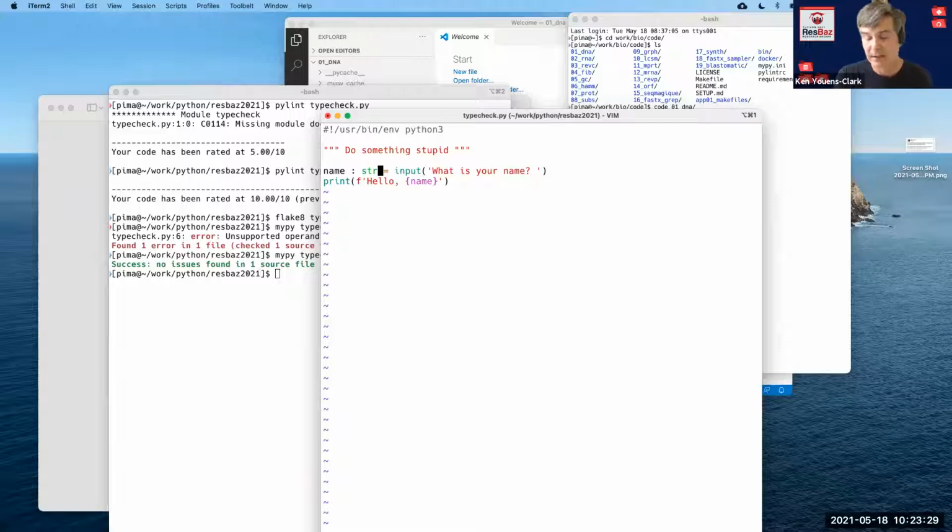And a lot of times you need to do that for MyPy because it can't figure out what the type of a variable is going to be. So as your Python programs get longer and longer, it becomes more and more necessary to run these kinds of linters and type checkers, and to also incorporate types into your program so that you can get this kind of checking.